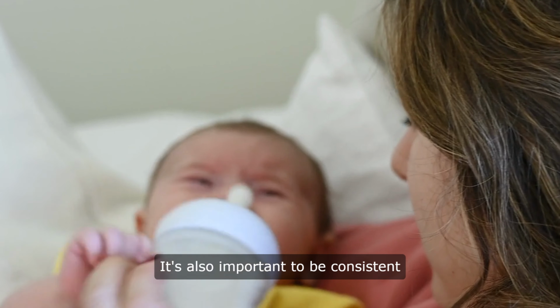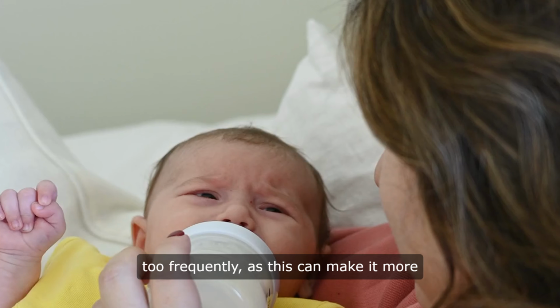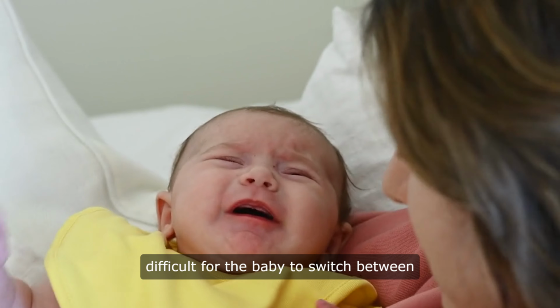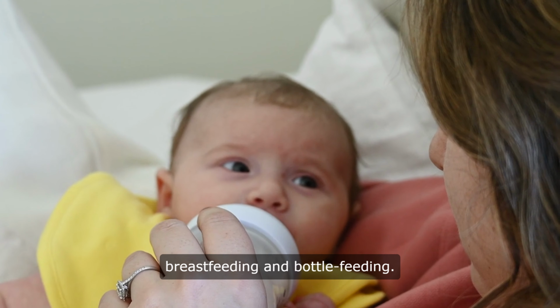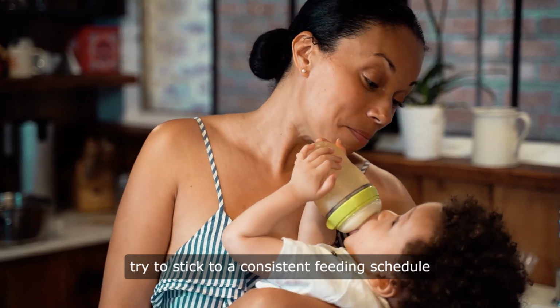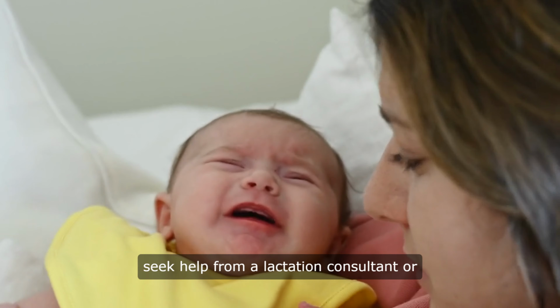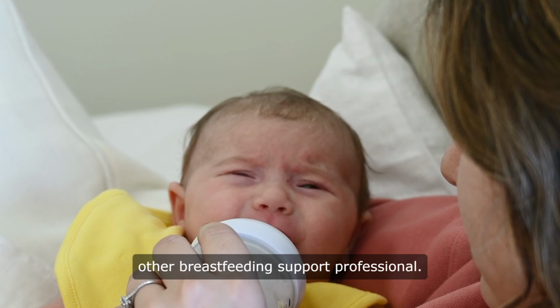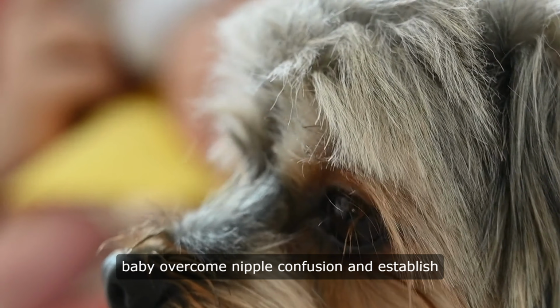It's also important to be consistent with feeding methods. If you are breastfeeding, try to avoid using a bottle too frequently, as this can make it more difficult for the baby to switch between breastfeeding and bottle feeding. Similarly, if you are bottle feeding, try to stick to a consistent feeding schedule to help the baby establish a routine. If you are struggling with nipple confusion, don't be afraid to seek help from a lactation consultant or other breastfeeding support professional. They can provide guidance and support to help you and your baby overcome nipple confusion and establish